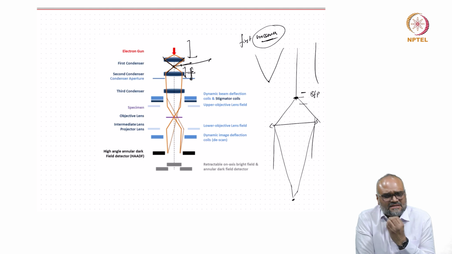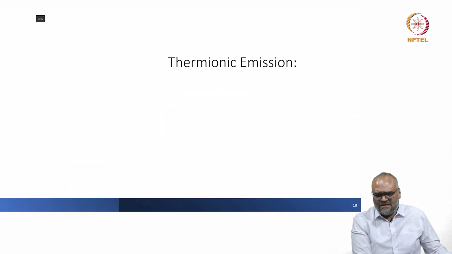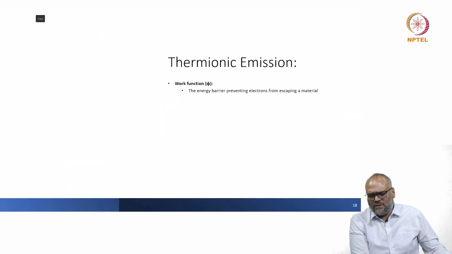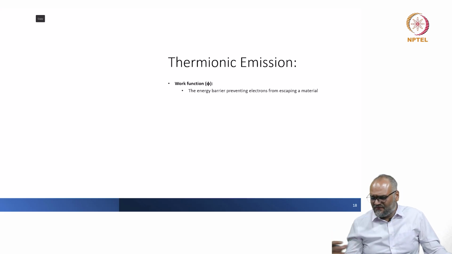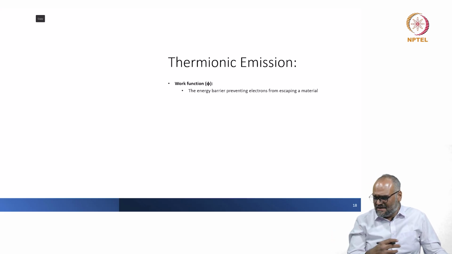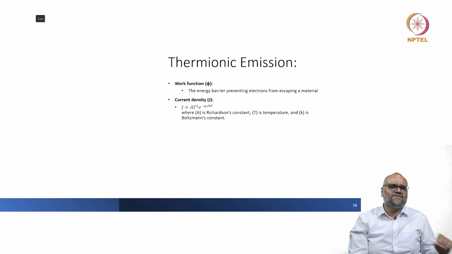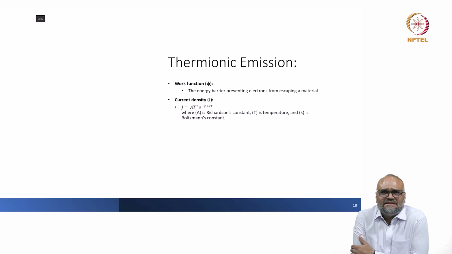how that looks like. So, if I look at the thermionic emission, I have to overcome the work function barrier. Work function is defined as the energy barrier that prevents electrons from escaping a material. Once I overcome this barrier, I have a sort of an emission which follows the equation that I just showed you, the Arrhenius kind of an equation. The current density can be given by an equation like this. And then